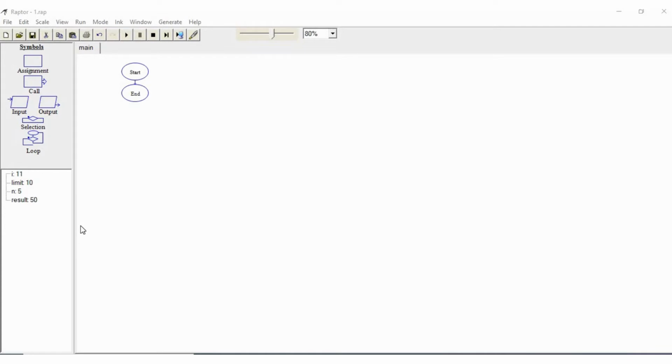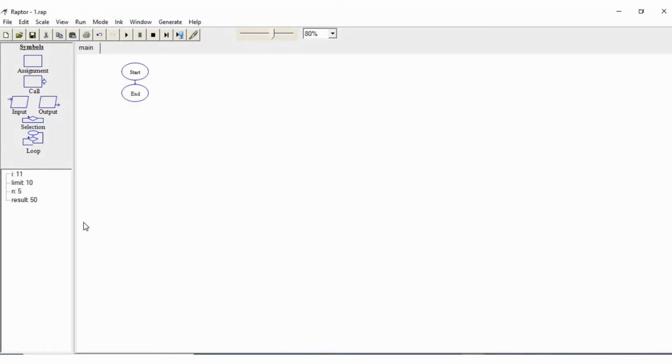In today's session, we will be continuing our second session of problem solving. In this second session, we will learn about flowcharts and pseudocodes. In the previous session, I told you what exactly an algorithm is. An algorithm is a sequence of steps required to perform a specified task. A flowchart is nothing but the graphical representation of a sequence of steps. That is, the graphical representation of your algorithm is known as a flowchart.